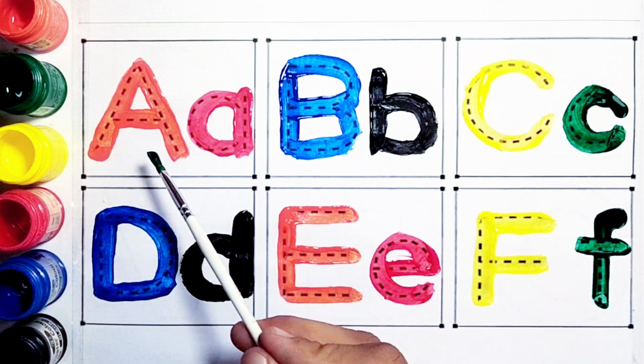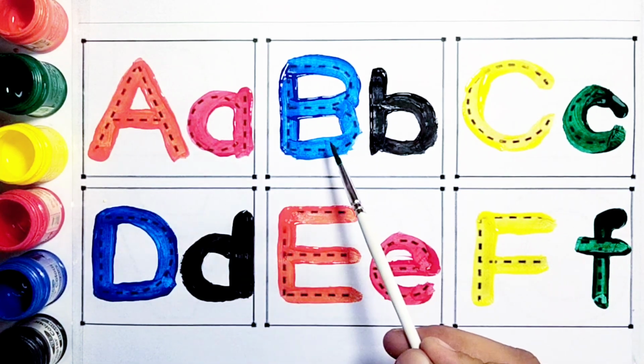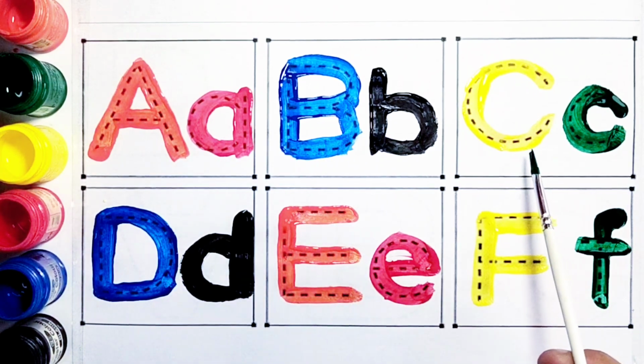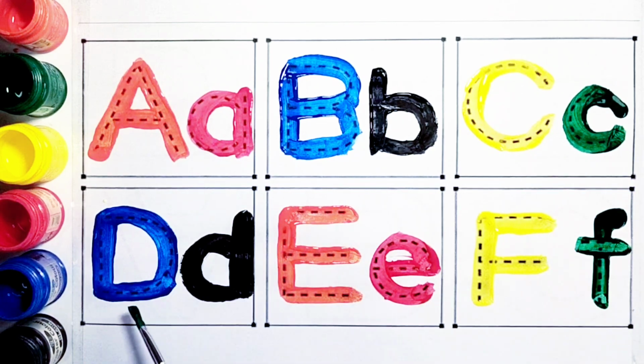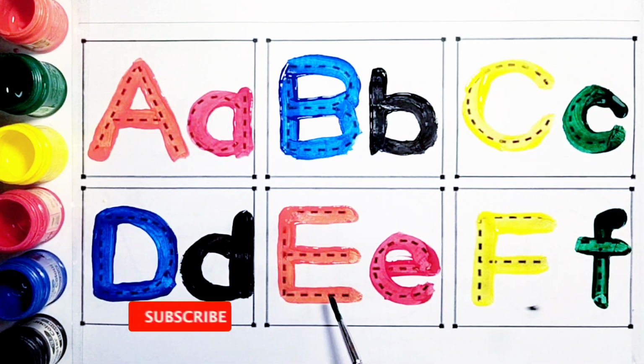आज हमने पढ़ा A for ant, B for ball, C for car, D for doll, E for